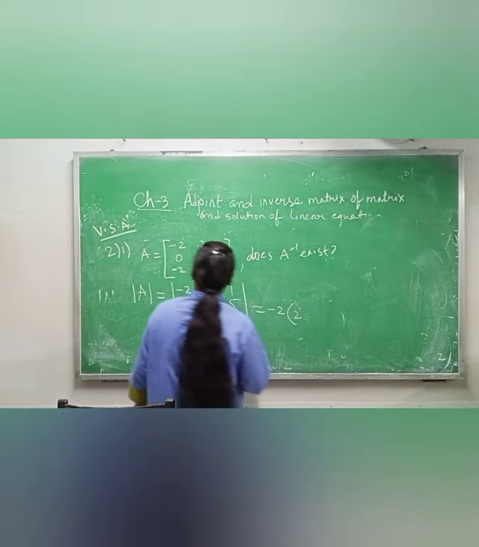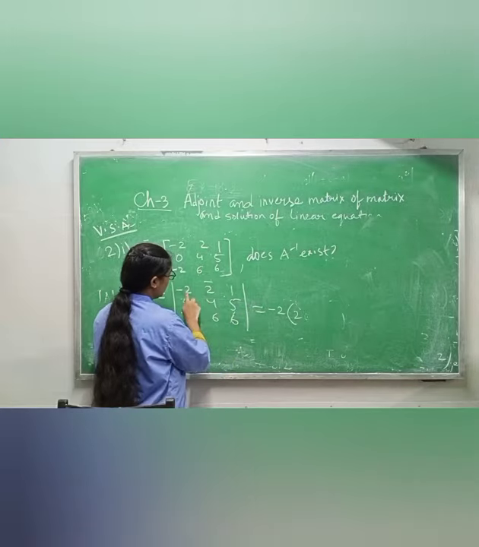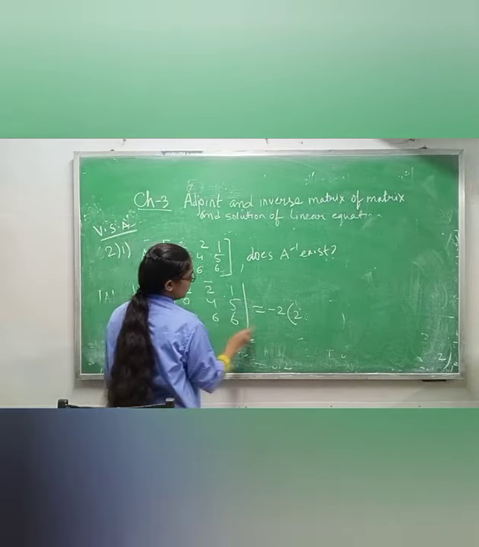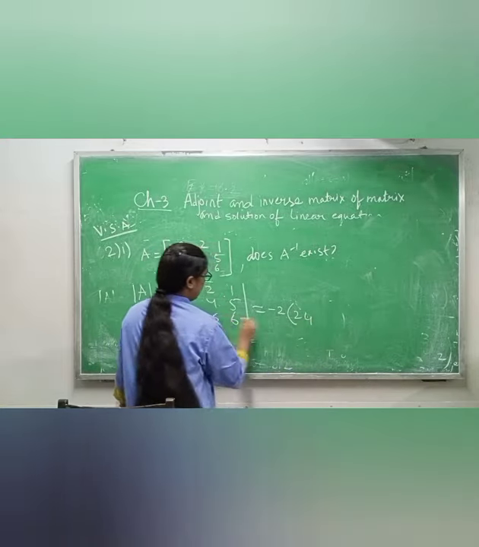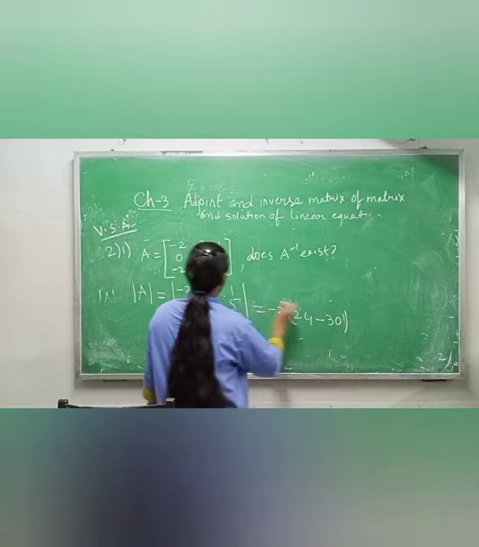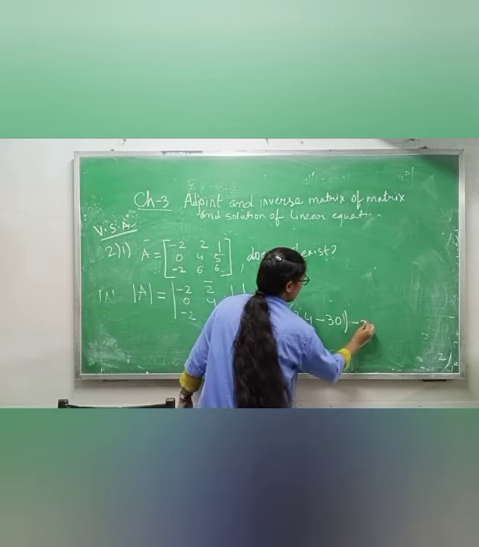Now just I'm starting from here, -2, -12 writing. I will not see this row and this column. So what is left? I will not see this row and this column. 4 6 are 24. Then minus sign, I have to put 4 5 6 are 30. Then here we know we have minus sign with this element, so I have to put -2.